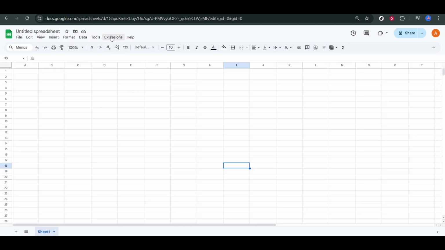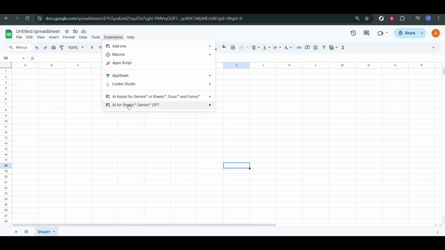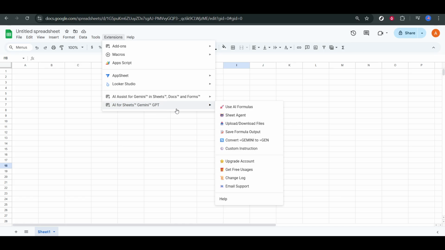You should now see options to access Gemini's tools, typically through a sidebar, and in some cases, custom functions you can use right in your cells. If a sidebar appears, that's where you can run prompts, summarize selected ranges, or generate drafts. From here, you can start using AI to generate content, analyze data, summarize cells, or assist with formulas, all without